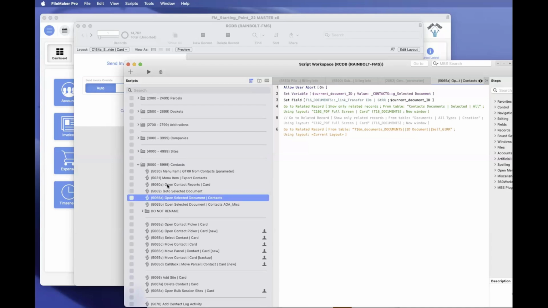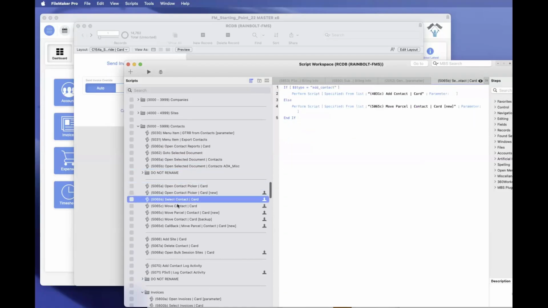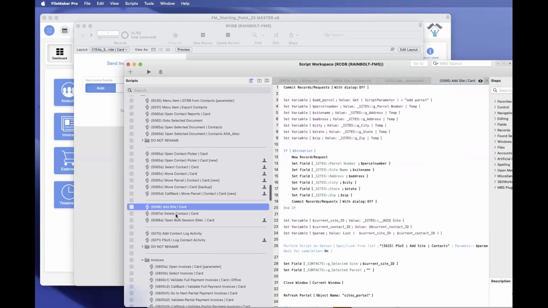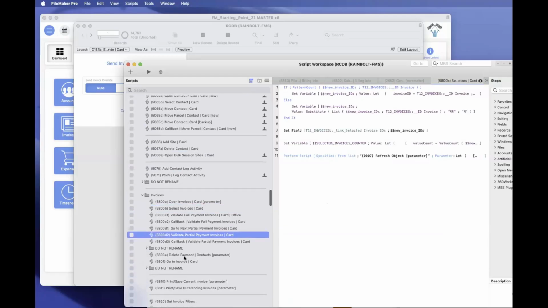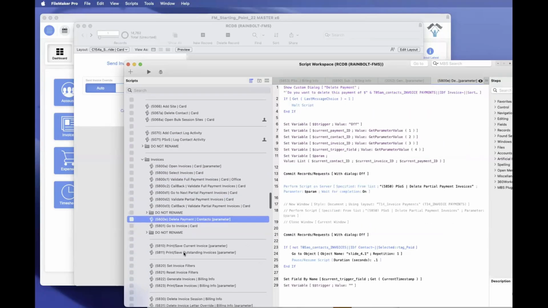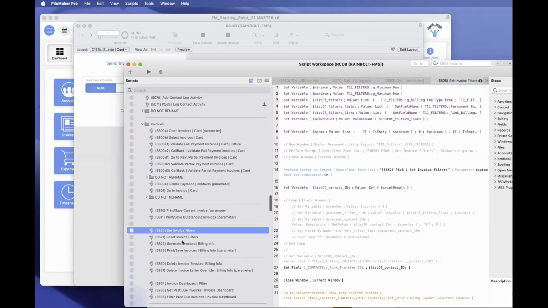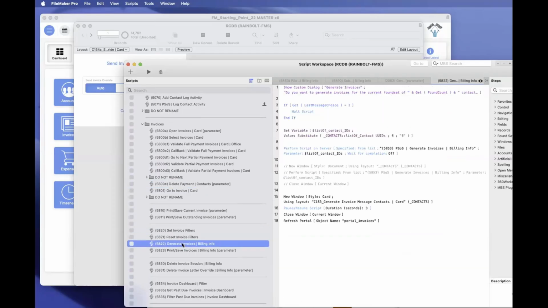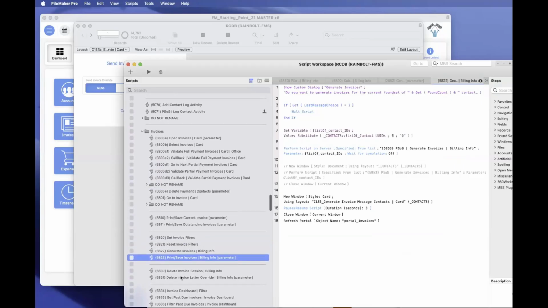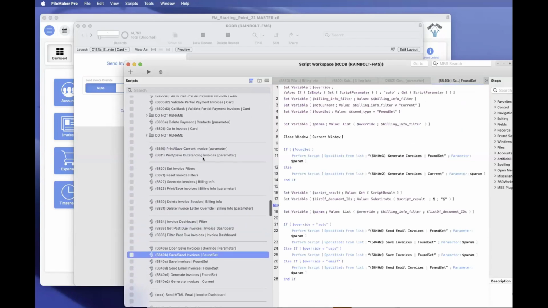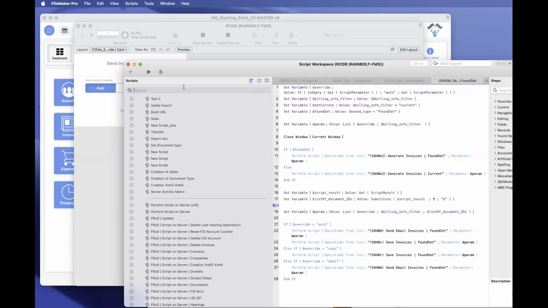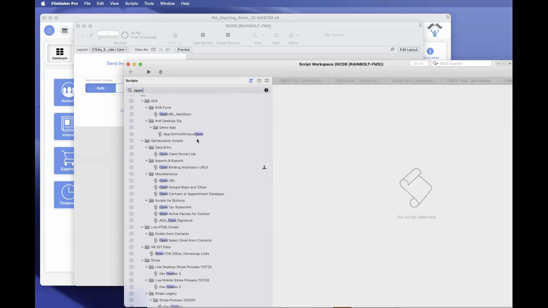Then you say what it does. It opens, go to, open, select, move, add, delete, select, right? Validate, delete, print, save, set, reset, generate. So first I say the action. What's the action? I generate, I print, I delete, right? I get, open. Because if I say here, I'm going here and I want all the open stuff,